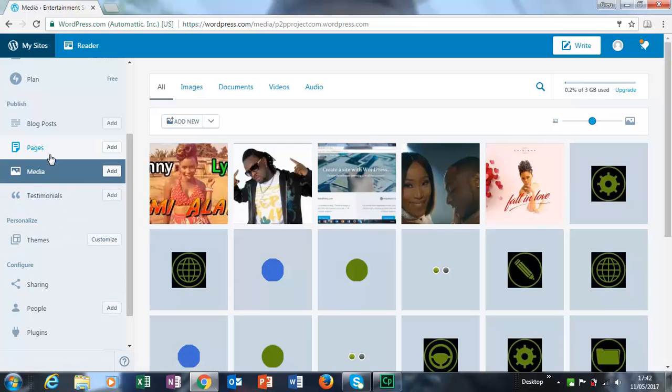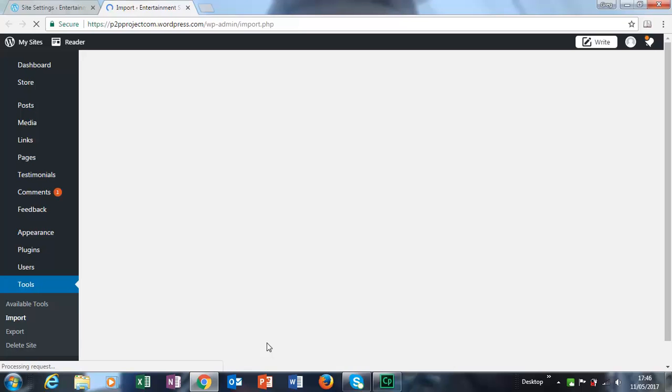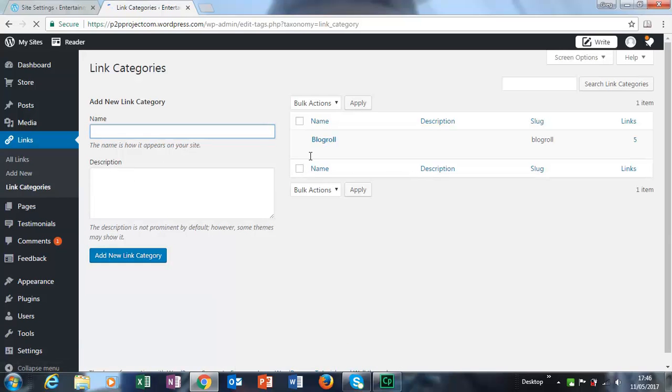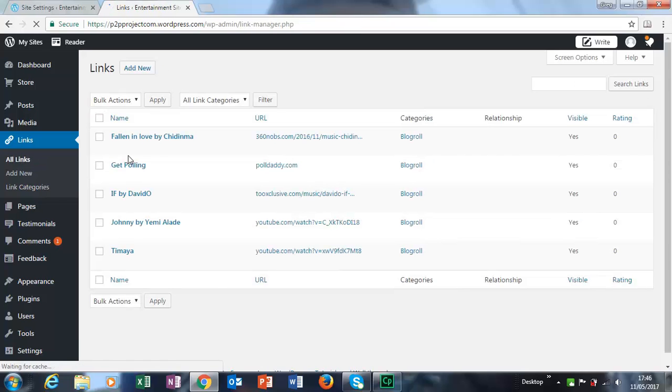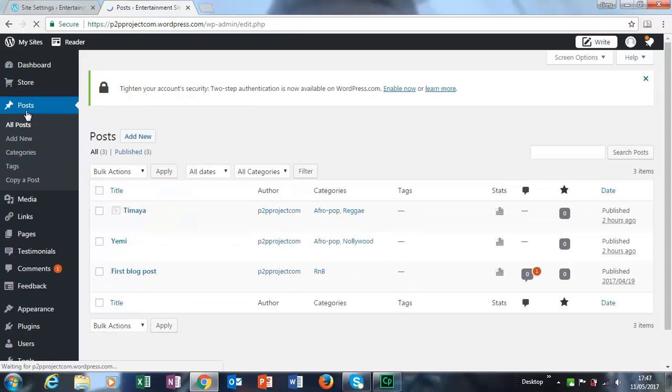Now the other one you want to know is, you also create the place where you created the blog row, where you get the links to also produce the categories for your blog row. So if you click on link categories, that's where you got your blog row, and if you click on all links, you see all of them there. So you can edit which one goes where. Now if you click on categories and posts,